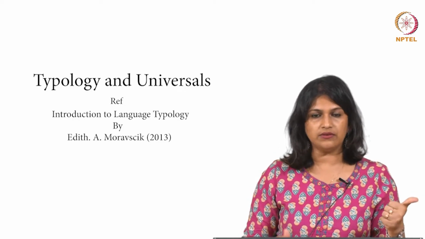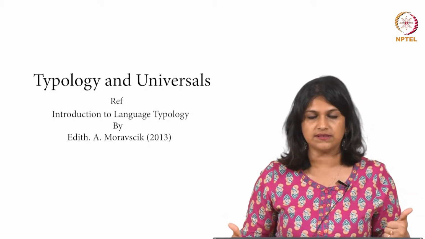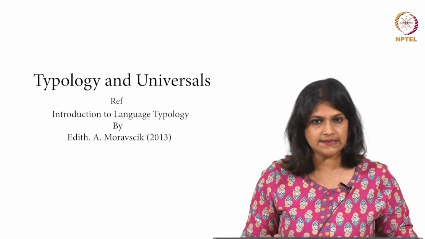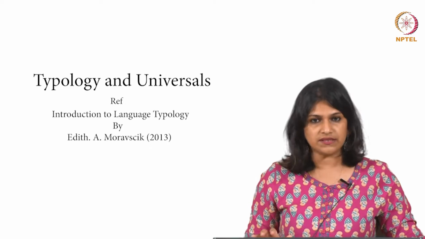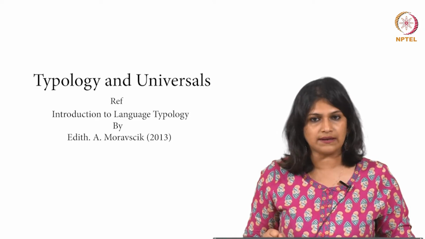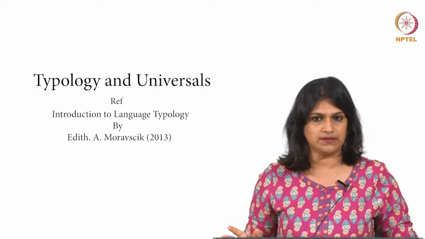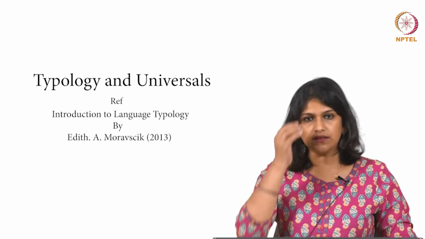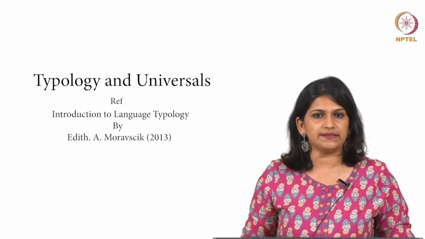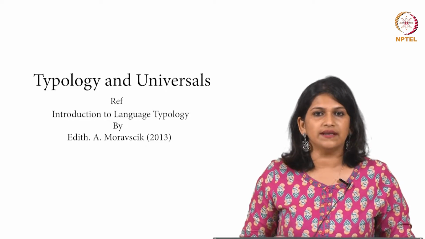So, Greenbergian universals and Chomskyan universals. Greenbergian universals would focus on more concreteness, bigger sample size. Chomskyan universals will consist of more abstractness and generative principles. Okay. So, at very first sight, what happens when you look at the database for language and universals, you might